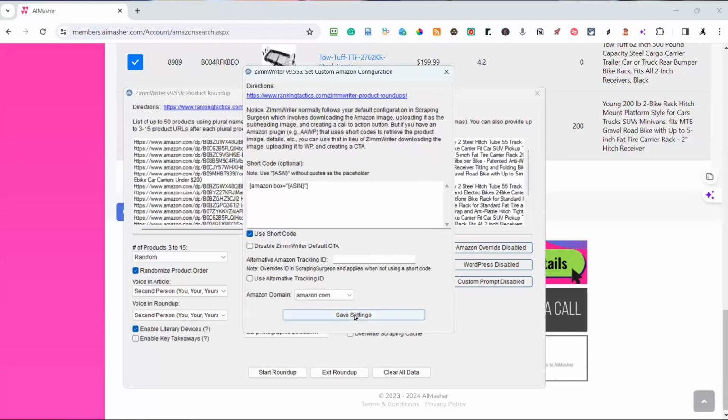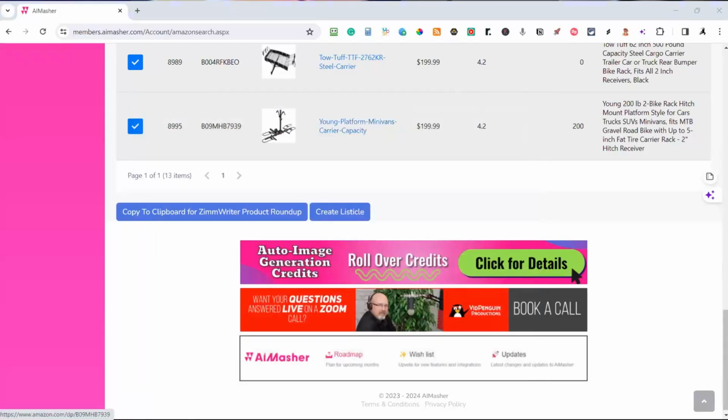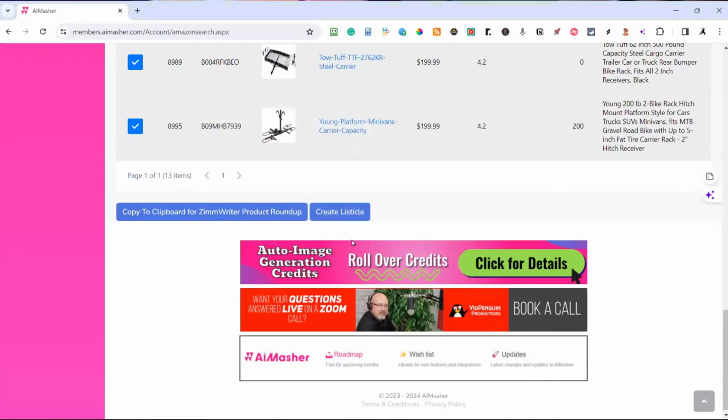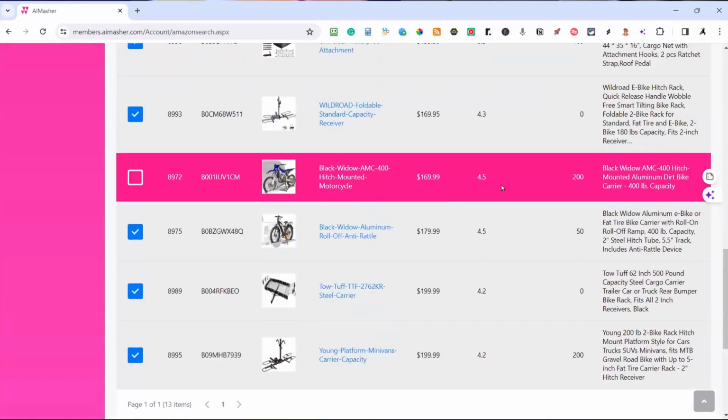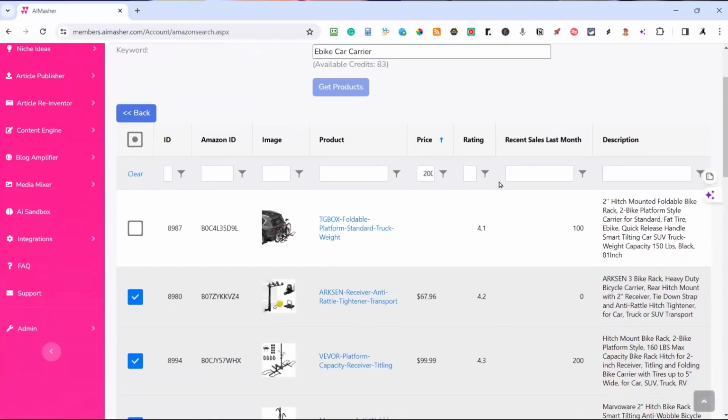Okay. Save settings, start roundup. Okay, now it's saying, please wait, just checking. So here's my confirmation screen. I'm getting one more confirmation. So it's going to create 2 reviews for me. Okay. Very easy to do, but you saw that we're able to select by price, by rating, by recent sales,